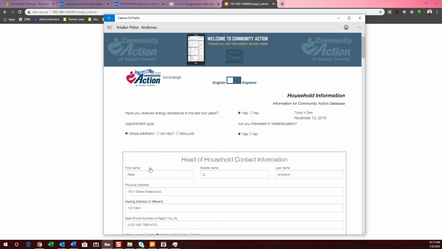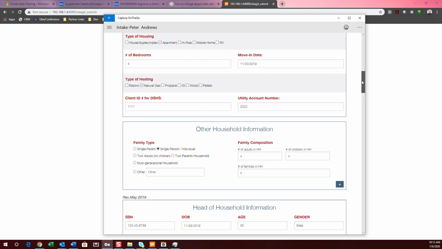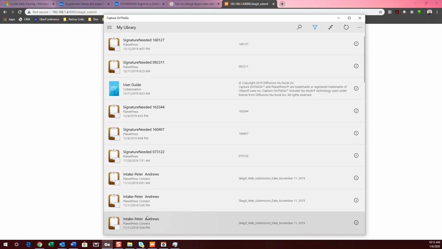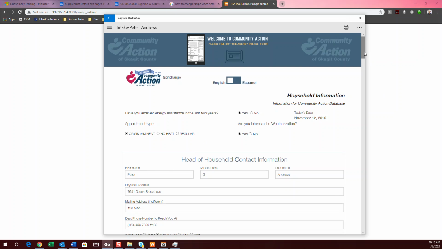And the way we get to that is we come over here to capture on the go. Now this looks like the same exact form, right? But if I exit here, I can go to my library and I've got a bunch of different forms available. Okay. If I choose this one here, and you can see I've got roughly the same information. This is not the exact same form, but again, it is the same HTML, but the one I just submitted went to our test login. So this is a similar one, but